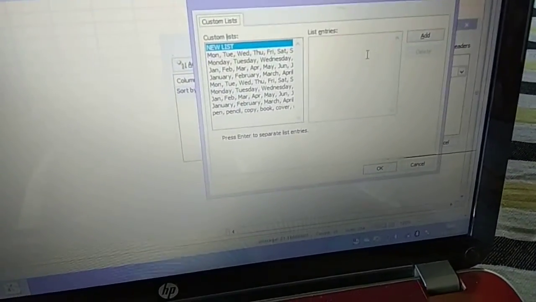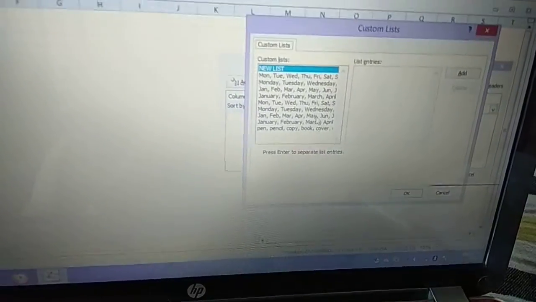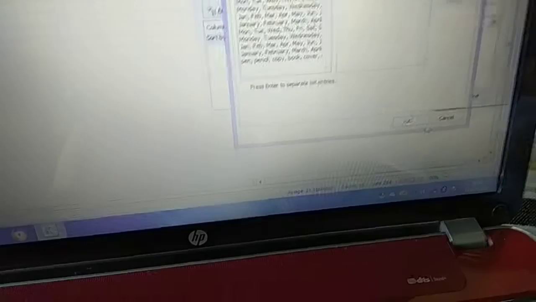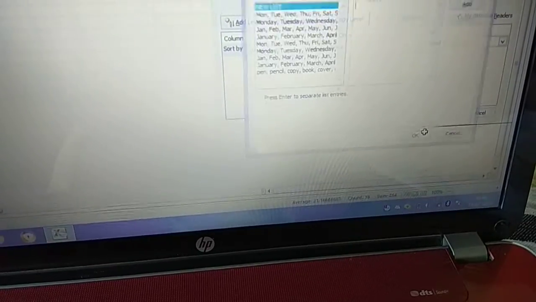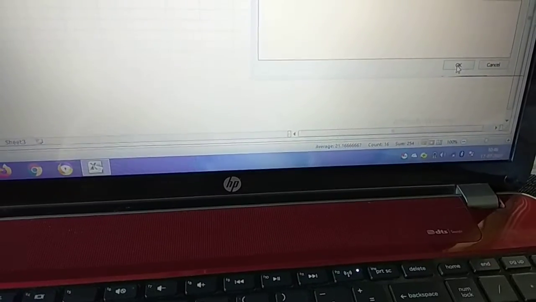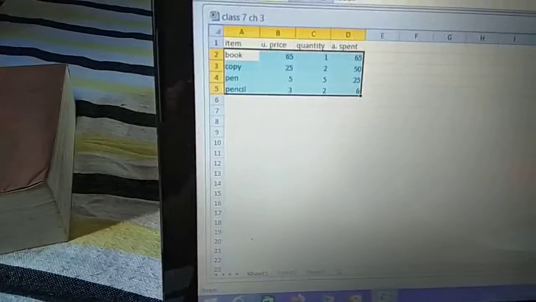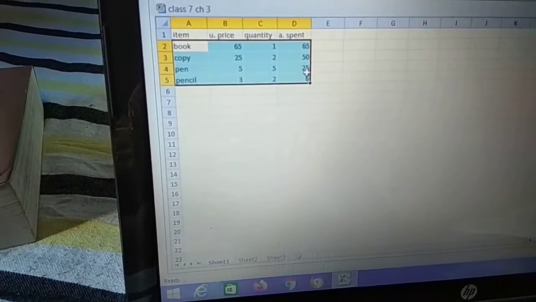As you can see, the names are added here. So we have to click the OK button, then we also click OK again, and you can see the result.